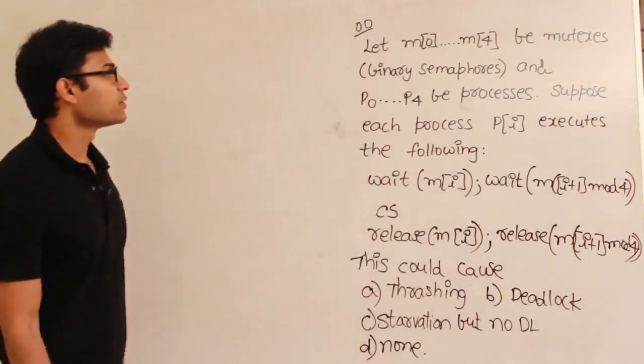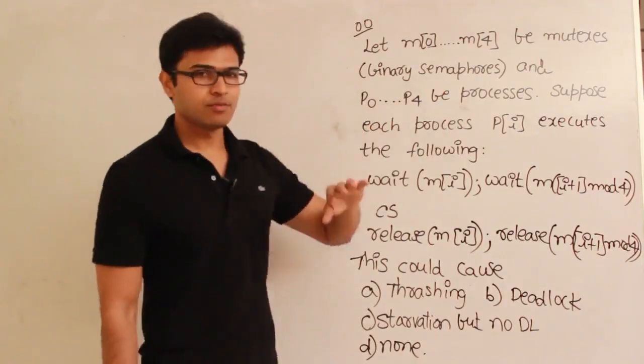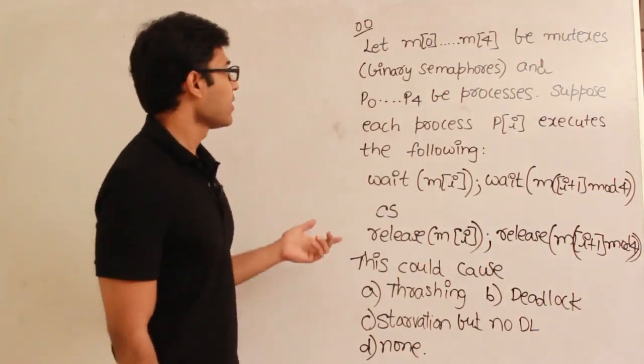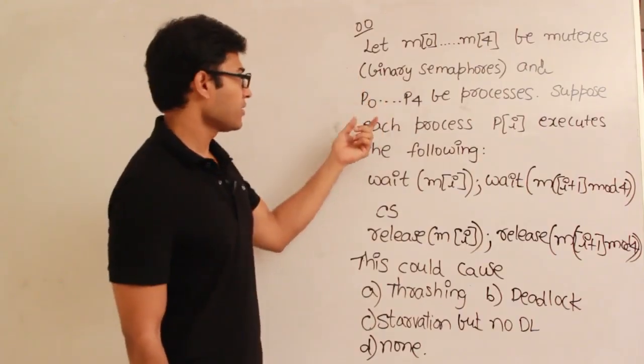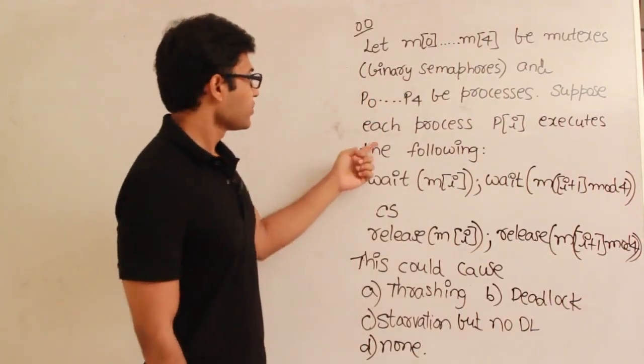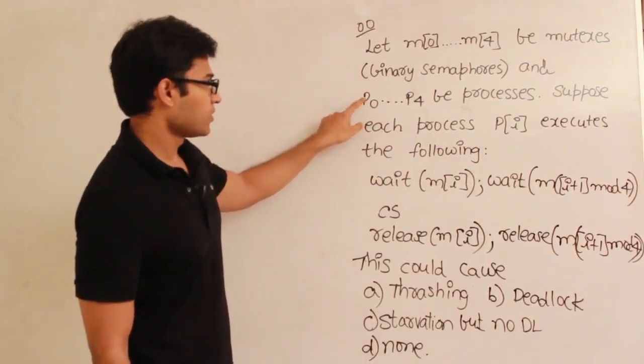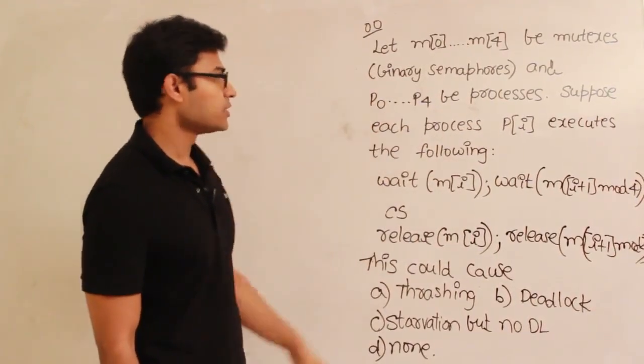Now let's look at this GATE question. They are saying that we have M0 to M4, 5 mutexes in an array which are binary semaphores, and P0 to P4, 5 processes. Suppose each process Pi, which means you can take P0, each process Pi means they are talking about each one,